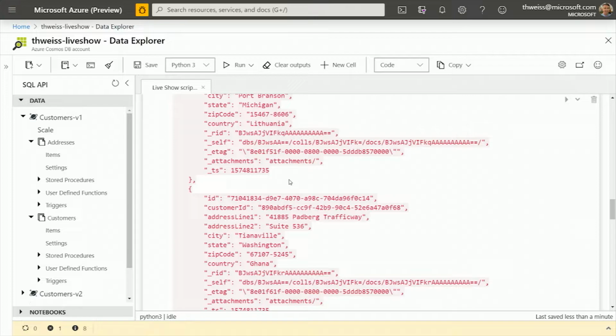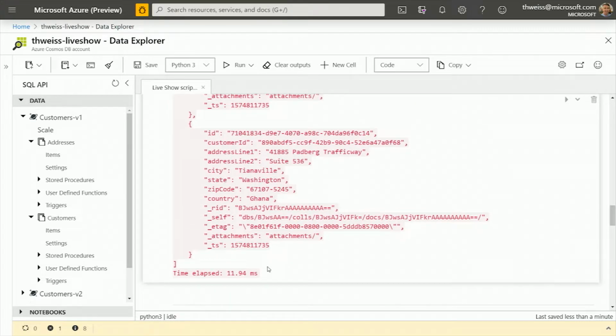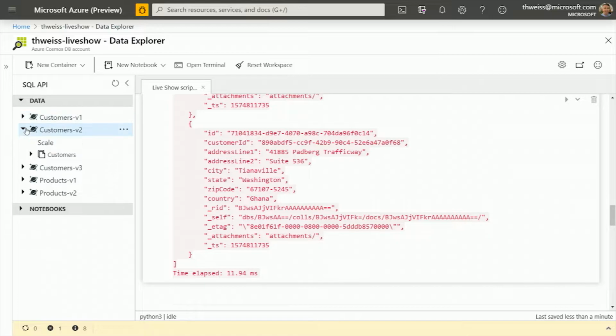Absolutely. So let's look at the latency, because that session is all about performance. The total response time here was about 12 milliseconds, which honestly is not that bad. It's not the kind of latency that we should be ashamed of, but we are Cosmos DB, we can do much better. All right. So as a second version, what I have done, in order to optimize my data model,